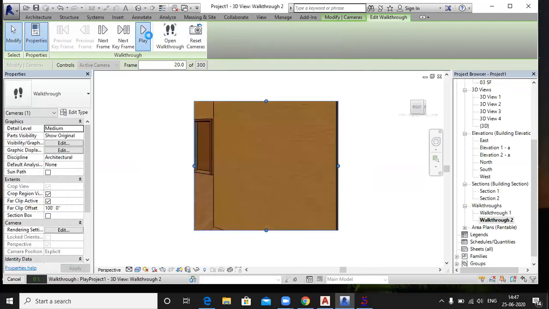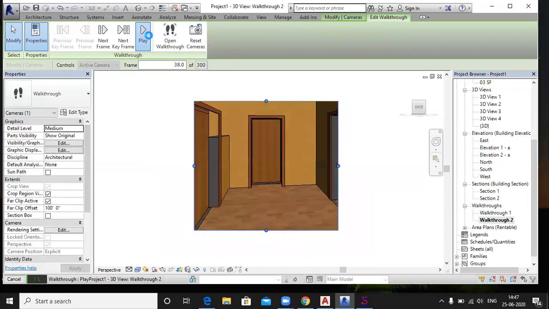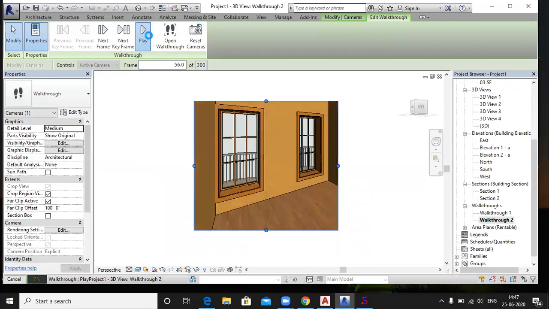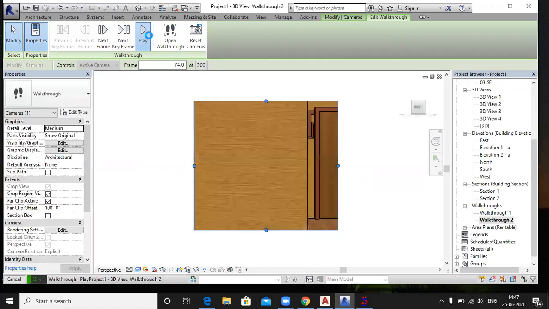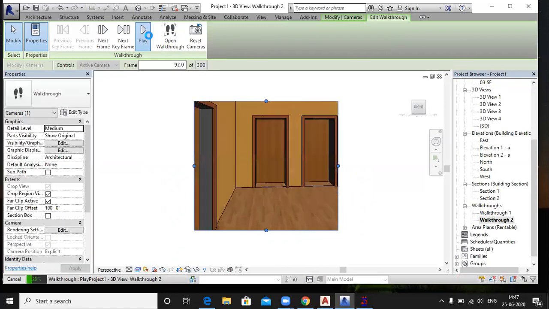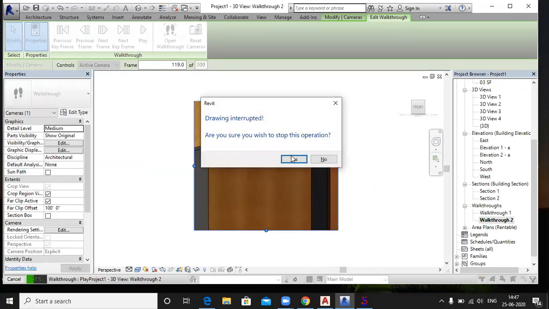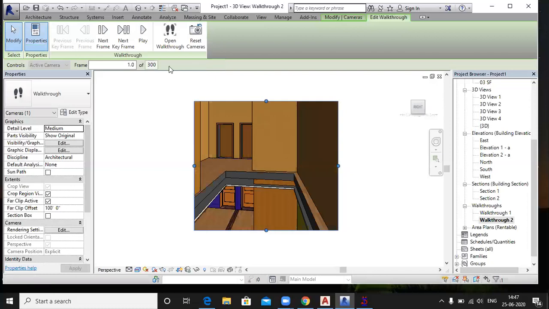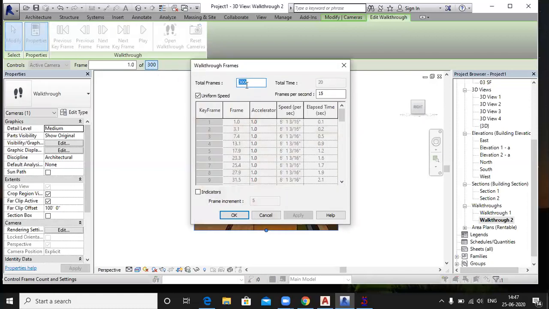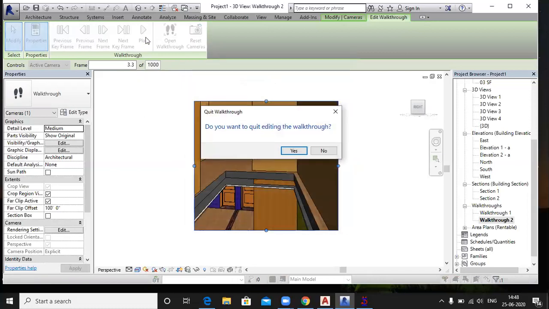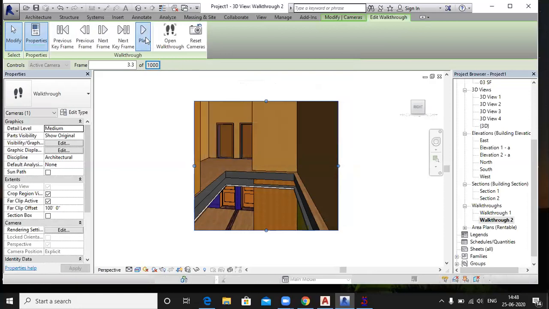See, the walkthrough. But the speed is too high. If you want to slow this speed, you can increase the number of frames from here. Just click here and increase the number of frames to 1000. Apply and OK and play again from here.